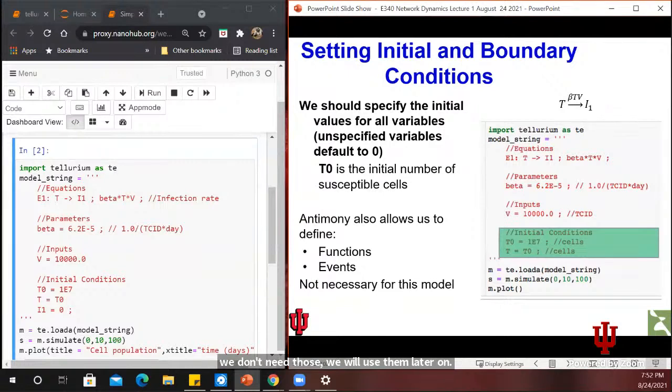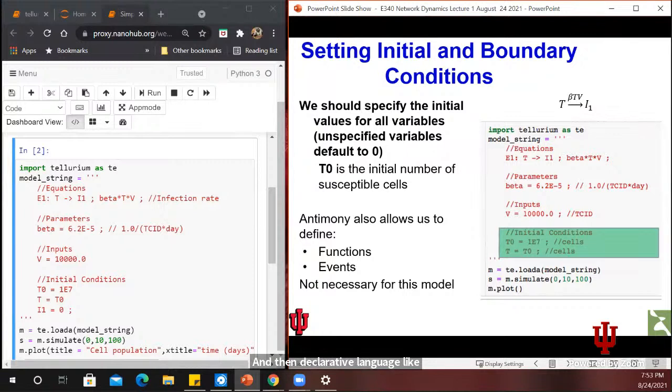One of the things that I don't want to get into too much today, but we'll deal with next time, is that Antimony is what is called a declarative language. In a language like Python, which is a procedural language, it's object-oriented, but procedural, statements are executed sequentially. And so there's a concept of the transfer of flow from statement to statement to statement. In a declarative language like Antimony,